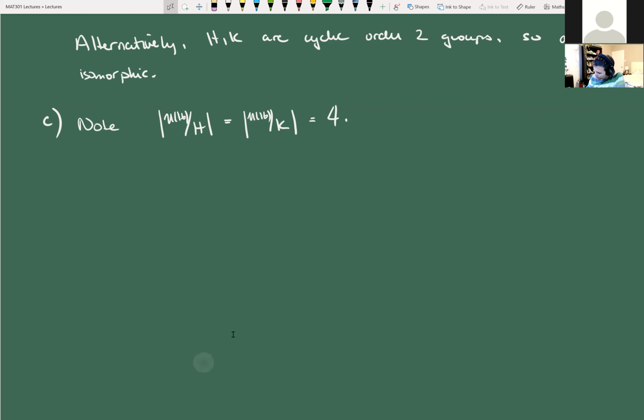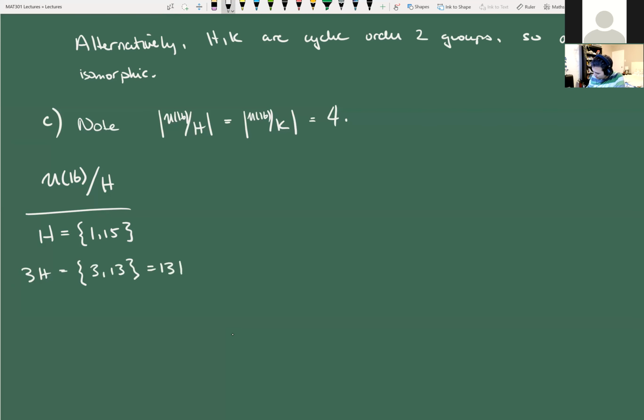So let's look at U16 mod H. For sure we have the identity coset, which is {1, 15}. And then let's just start looking at what the other cosets are. I think it really helps just to know what everything is. Okay, so I computed these ahead of time. So we've got 3H = {3, 13}, which is obviously the same thing as 13H,